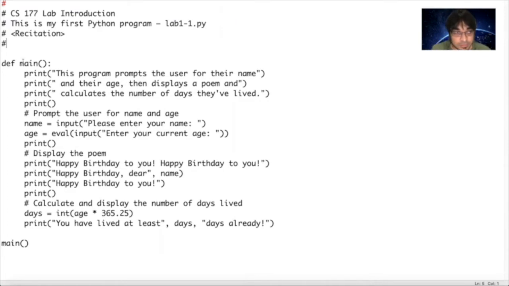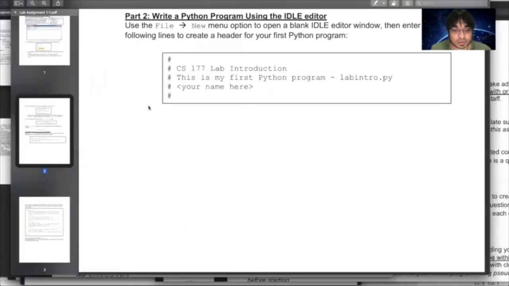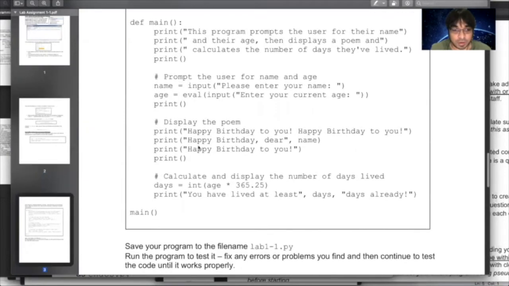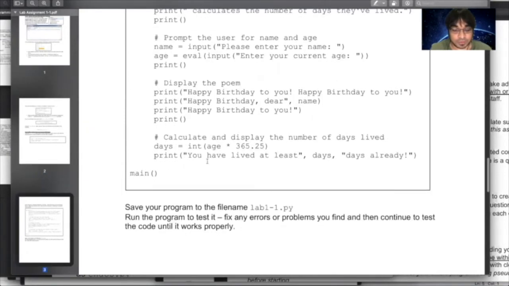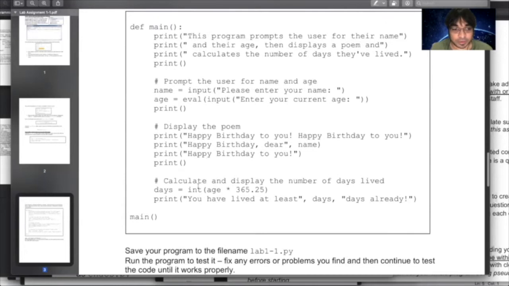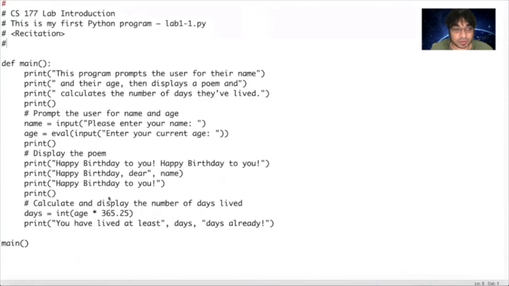Okay. So now that we have followed all the instructions, we have copied everything from the handout, pasted the whole thing, typed it up. Let's run this. Okay, just before doing that, I want to point something else out as a good practice.